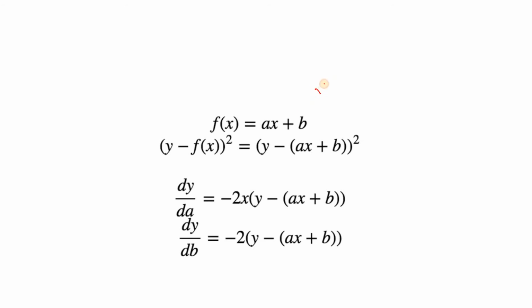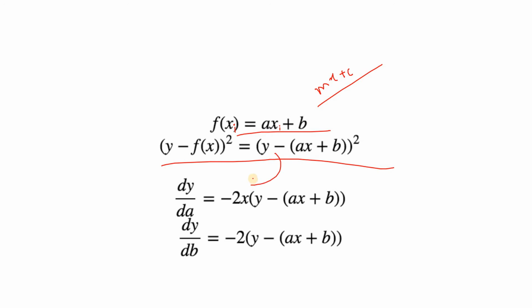Here you can use mx plus c, mx plus b, or ax plus b, different notations. Here I am showing it with respect to ax plus b. Suppose my f of x equals ax plus b. So what is the error term? For one single data point, you can consider f of xi equals axi plus b. Now the error term will be y minus this, squared error.